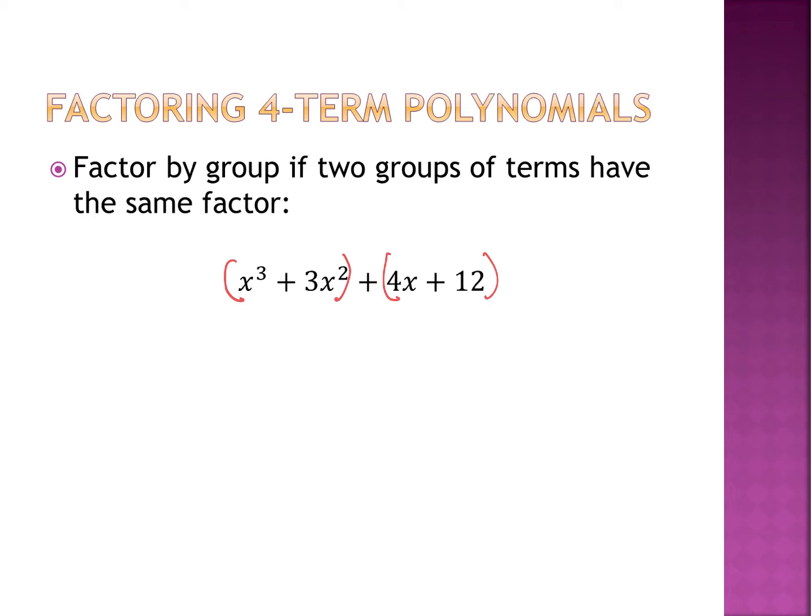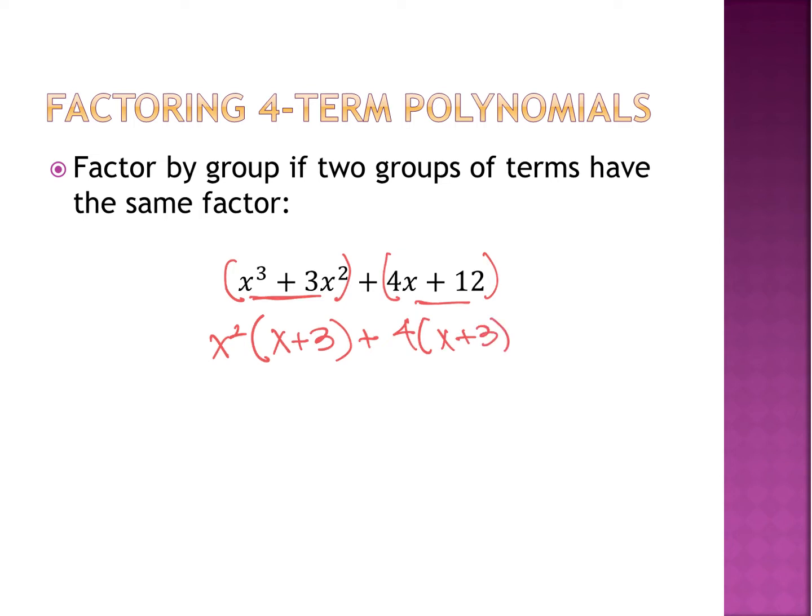So I'm going to look at the first group, and the first group is x cubed plus 3x squared. I'm going to factor out anything that I can, and in this case, both of those terms have an x squared. Then what's left is an x plus 3. I'm going to bring my plus sign down, and then look at my second group and do the same thing. I'm going to take out the common factor. In this case, 4x and 12 both have a 4 in common,